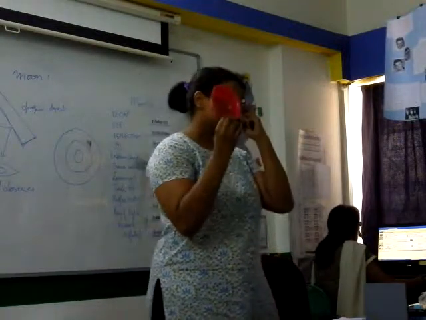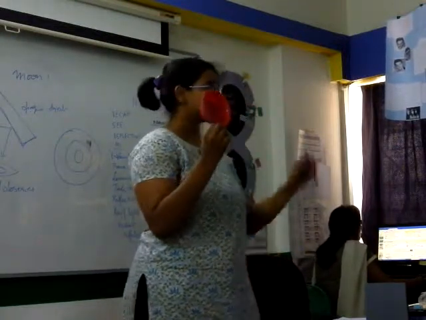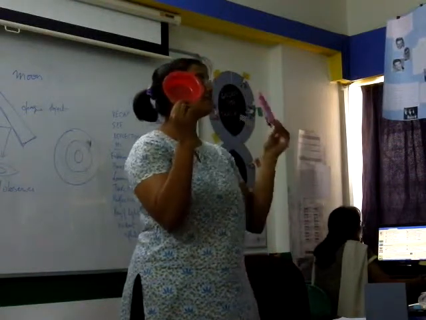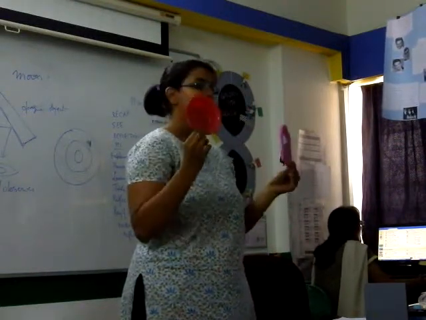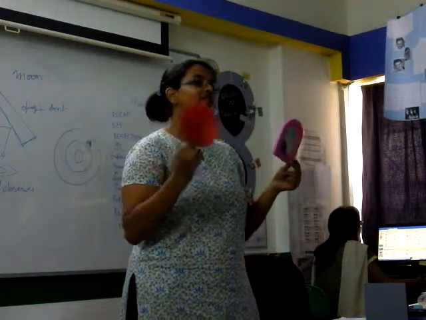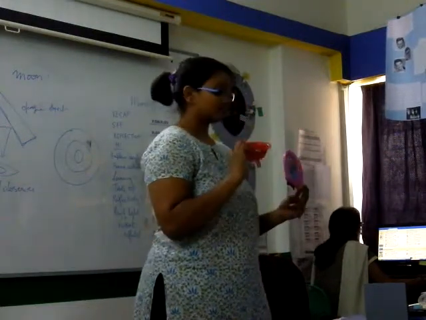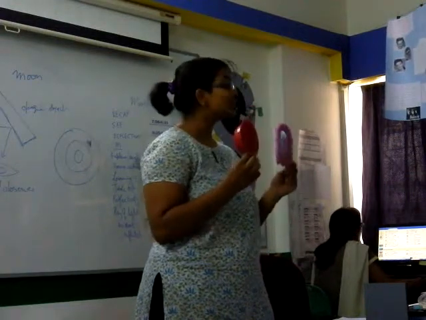Okay, now, this is a reflector and so is this. Does everyone agree? But why is this different from this? Why is the mirror different from the bowl? Because you can see yourself in one, and you can't in the other. Okay, so he's very right. You can see light, very good. You can't see yourself, no?